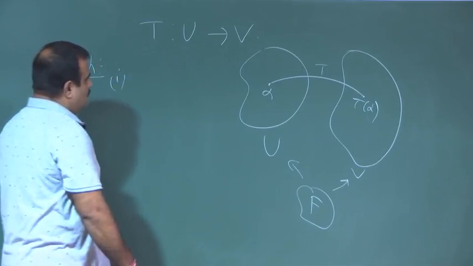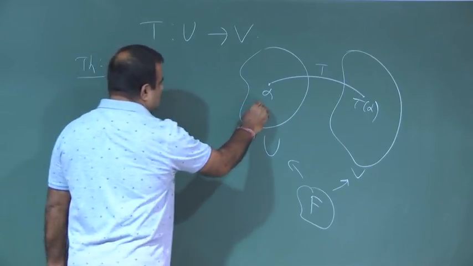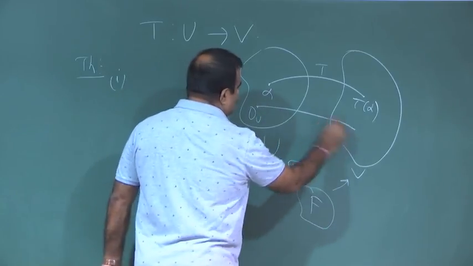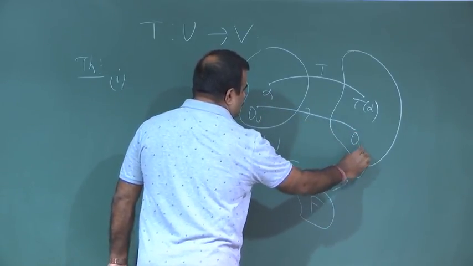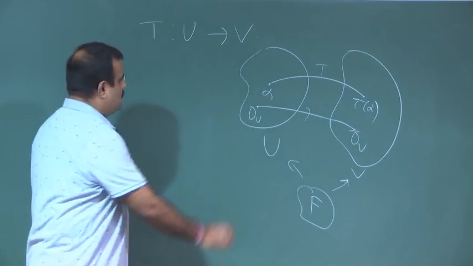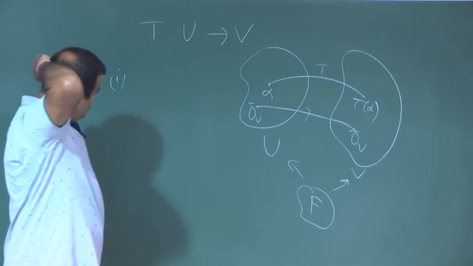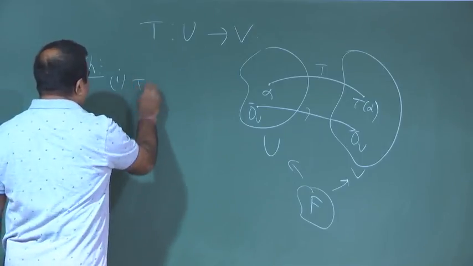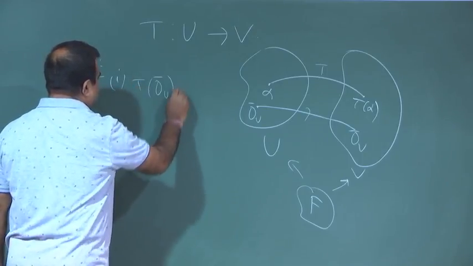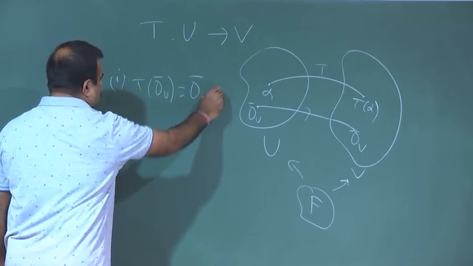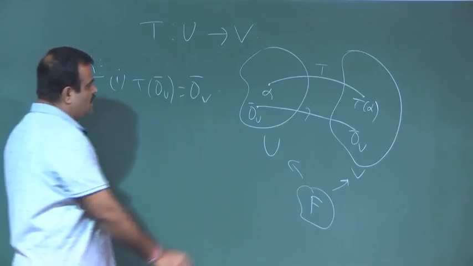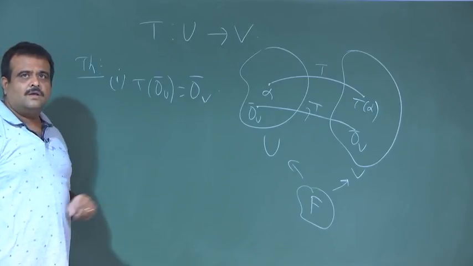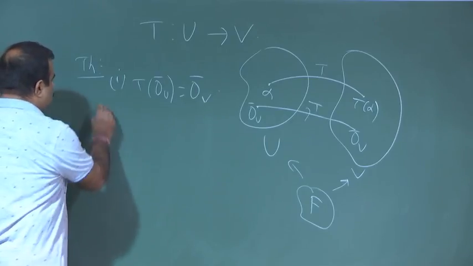Now, this theorem has two parts. One is that the zero vector of U maps to the zero vector of V. This is telling us that T of 0_U is 0_V. So, the zero vector should map to the zero vector. How to prove that? To prove this,